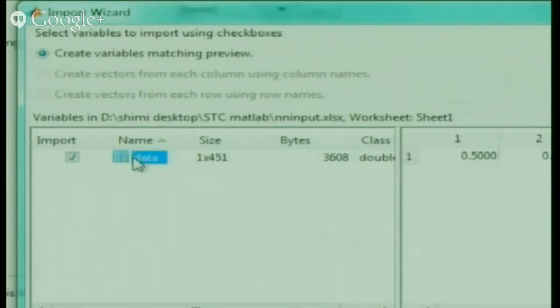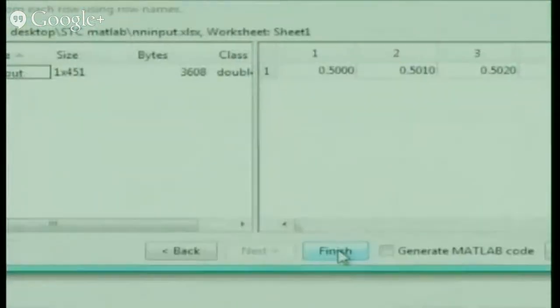Here you have to go and rename this variable, because here you are giving data and for output also it will take it as data. This is a mistake usually people make. The first time I was doing this, many times I was not getting my input and output. The main thing to remember here is that you have to give one as input and one as output, otherwise every time by default it takes it as data. Then input will become equal to the output itself, so you will not get a proper answer. So always remember to go and change the name. This is my input, and I just have to click finish.